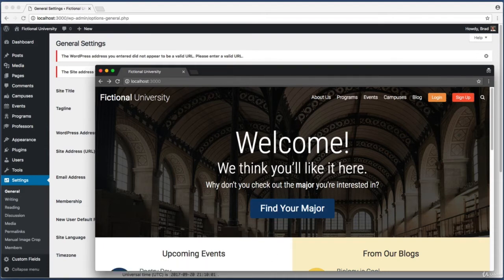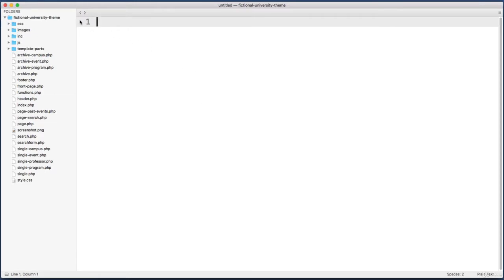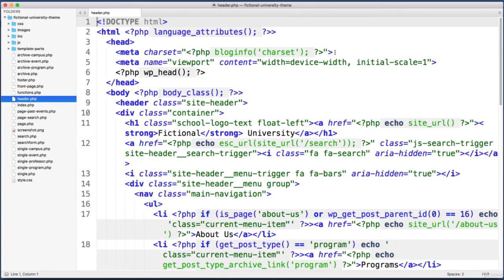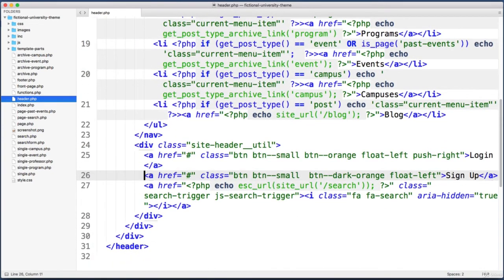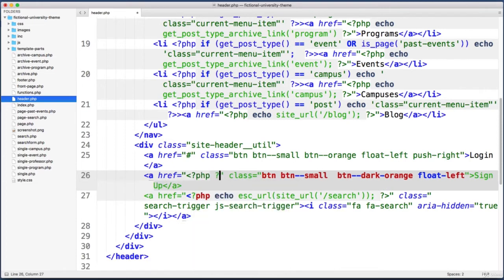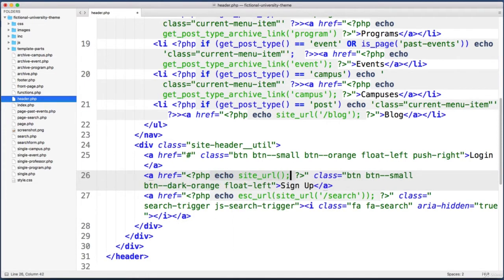So open up your text editor, and within your theme folder, let's jump into header.php. And if we scroll down towards the bottom, here we see that link or button that reads Sign Up. So let's just update its href value to actually point towards the WordPress sign up page. So instead of the placeholder hashtag, let's open up PHP and echo out site URL. And within the parentheses, let's say /wp